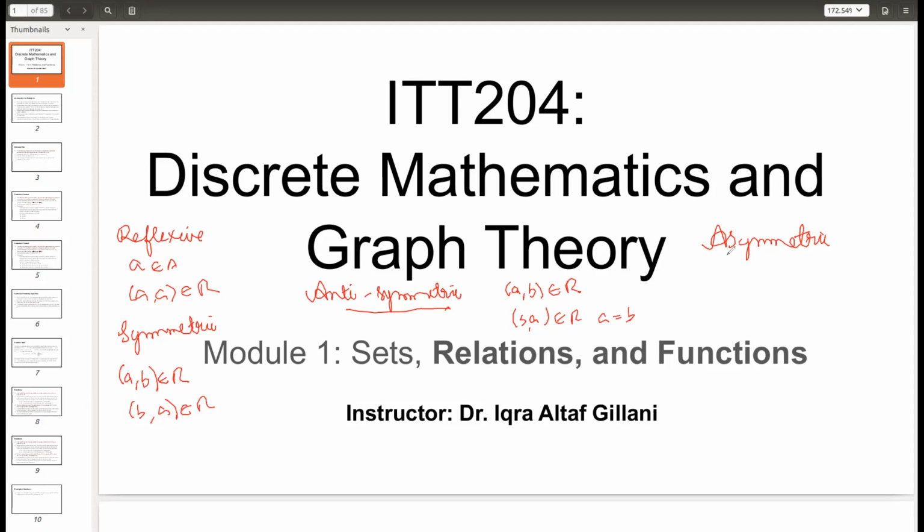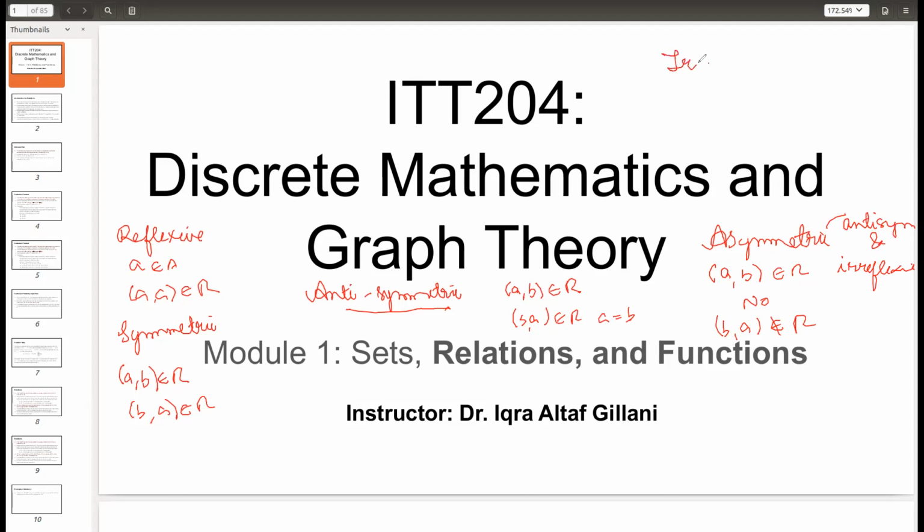Okay, so in general, an asymmetric relation is one where whenever there is a pair A, B in R, then in no case should B A also be in R. For any ordered tuple A comma B in R, the inverse should not be there. So it is like the opposite of symmetric. And as rightly pointed out by Dhananjay, a relation is asymmetric if it is both anti-symmetric and irreflexive. That means there are no ordered pairs of the form A comma A in R. Very good. So these were the three versions we saw of symmetric relation.